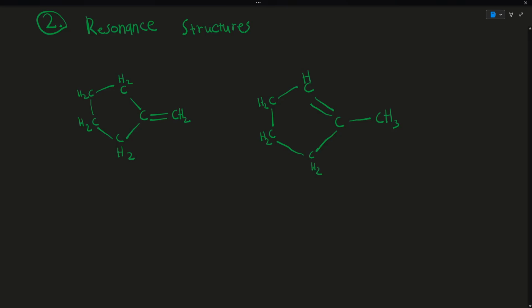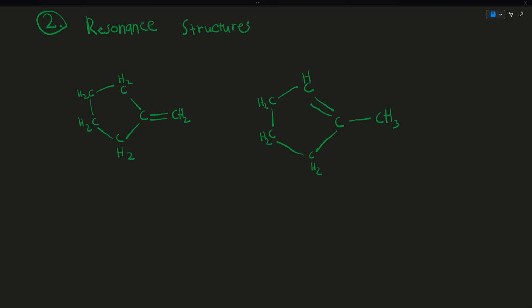So next, let's move on to resonance structure practice. For this set of compounds, determine if they are isomers or resonance structures. If you can recall, isomers are a set of compounds that have the same chemical formula, but the spatial arrangement of atoms in the compounds differs. Resonance structures are where multiple valid Lewis structures are able to describe the delocalization of electrons in a